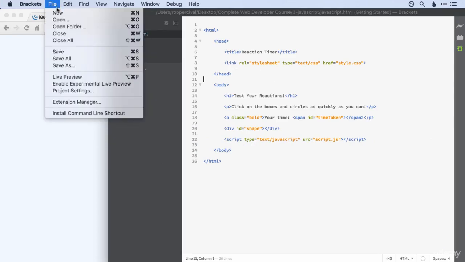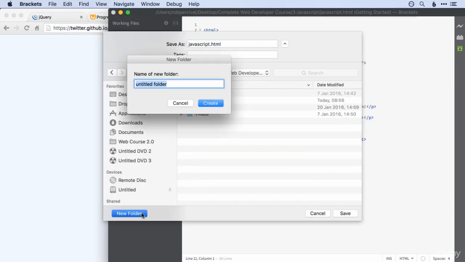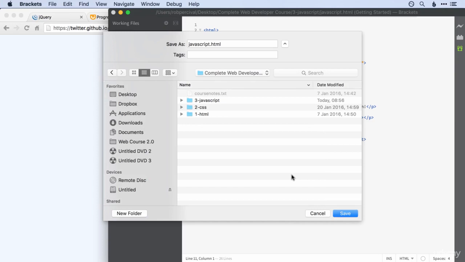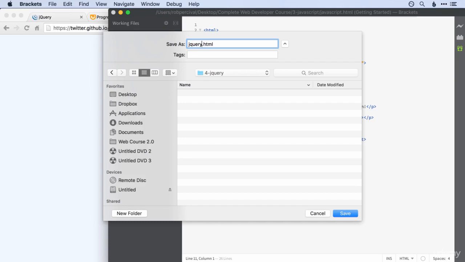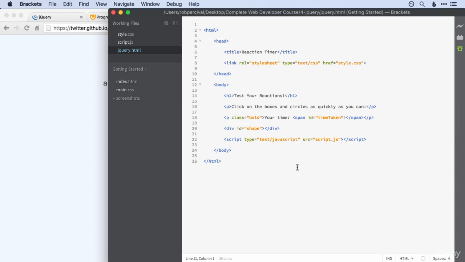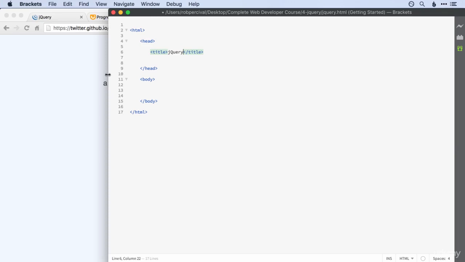set up there. I'm going to save that as a new file, and I'm going to create a new folder. So this is number 4, and I'll call it jQuery. Okay, and we'll save it there, but I will call it jQuery.html. Okay, and as usual, we'll start with an empty HTML document, and we'll call it jQuery. Okay, so we don't need that bit anymore,